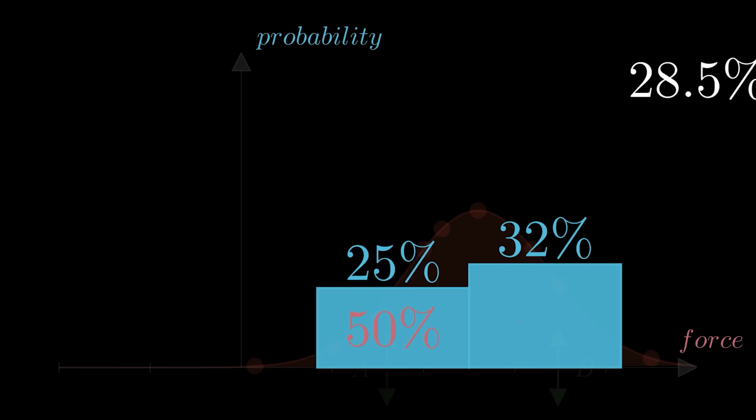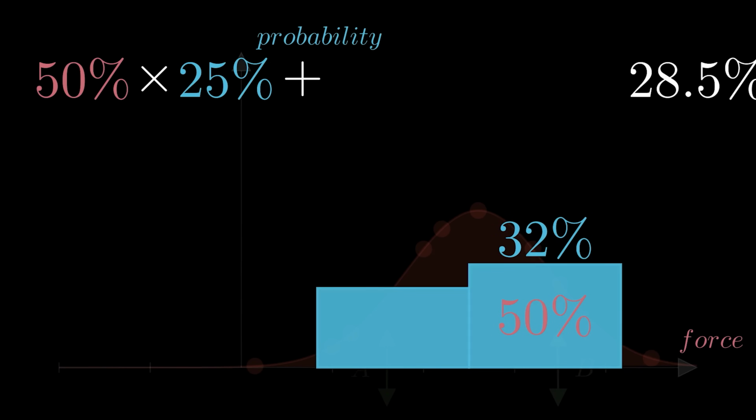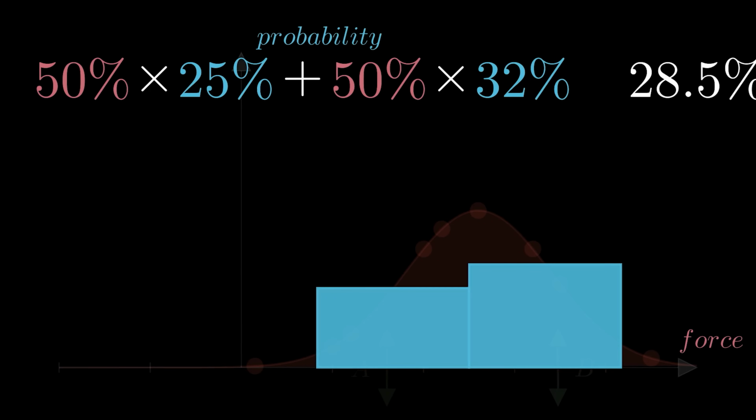We have a 50-50% chance that we pick the first one and the 50% chance that we pick the second one. So the total probability is 50% chance that we have a 25% chance probability, and 50% chance that we'll have a 32% chance. So the total is equal to 28.5%. I know that it might have been a bit confusing, so once again, these 0.5s are here because we